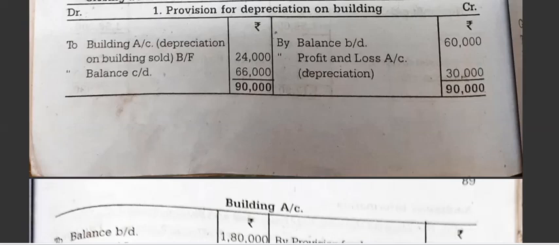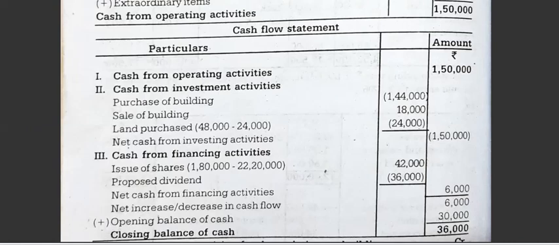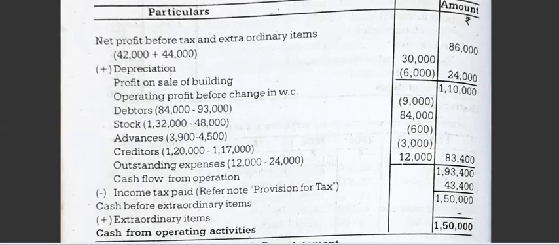Three activities: operating, investing and financing. You can do separately, then investing, financing together. Okay, so whatever inflow is there, you have to write as it is. Whether it is outflow, write in the bracket. Okay, in current liabilities and current assets also you have to check if there is a increase in current assets, write in the bracket. If there is a decrease in current assets, as it is. Current liabilities opposite, if it is a increase, you have to write as it is. If there is a decrease, you have to write in a bracket.